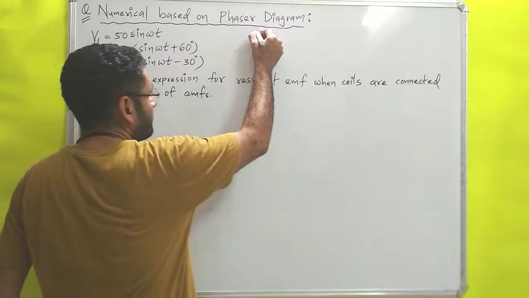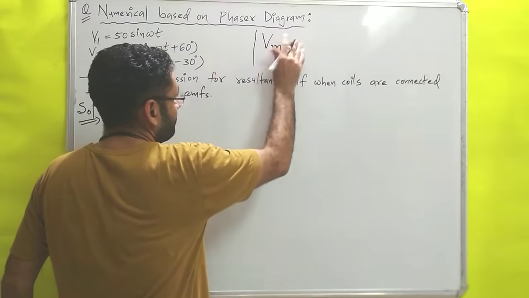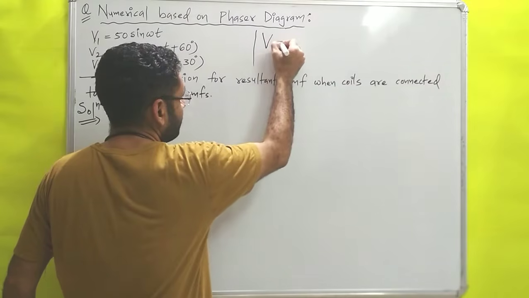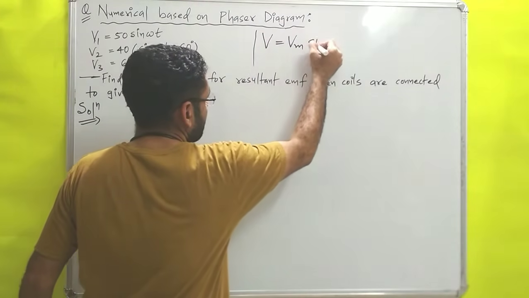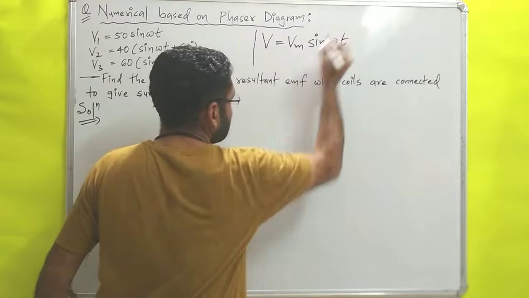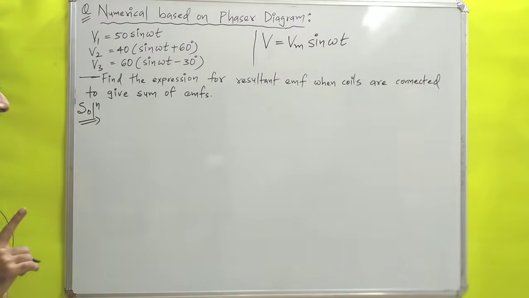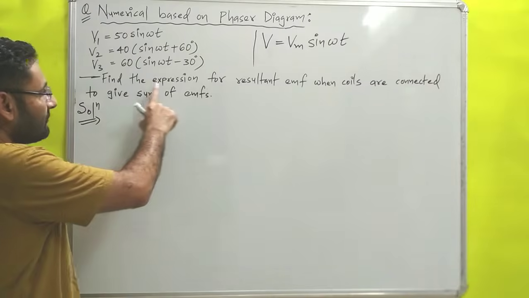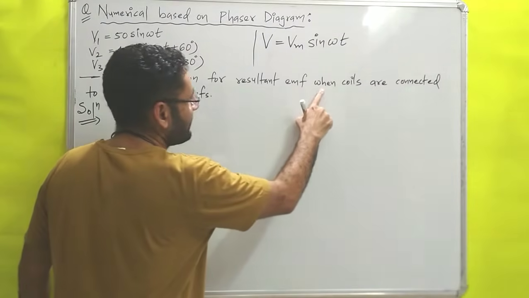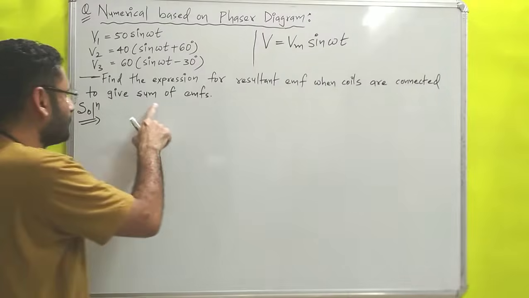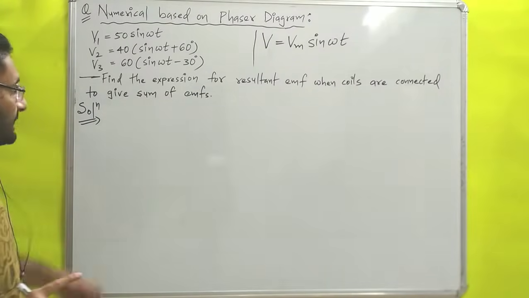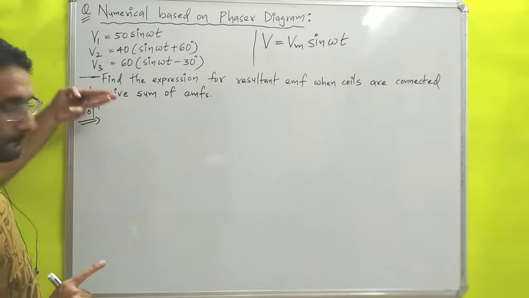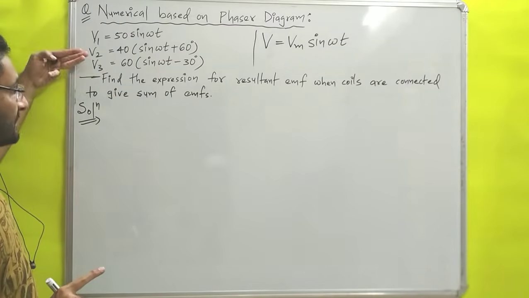Now you know very well, the equation of potential for an alternating quantity is V equals Vm sine omega t. That we have already derived. So these are the equations. Now the question is: find the expression for the resultant EMF when the coils are connected to give the sum of EMFs. That means three equations are there, and you have to combine them so that the resultant potential will come